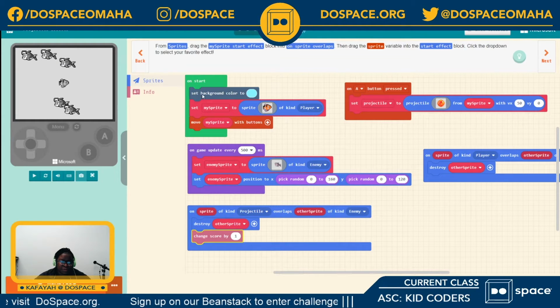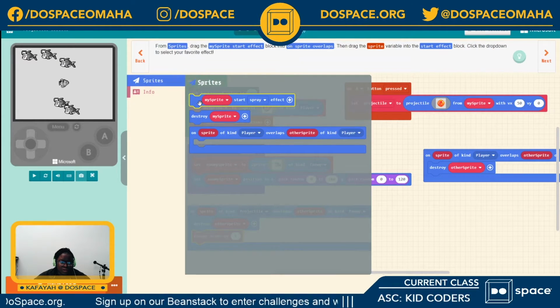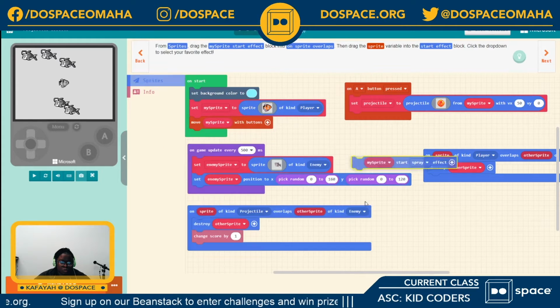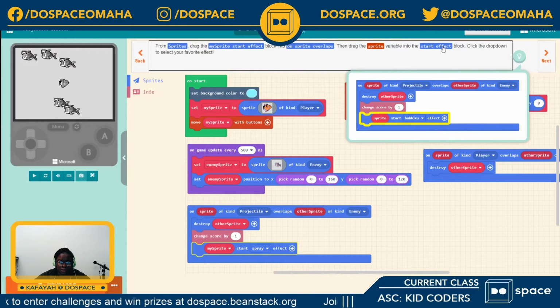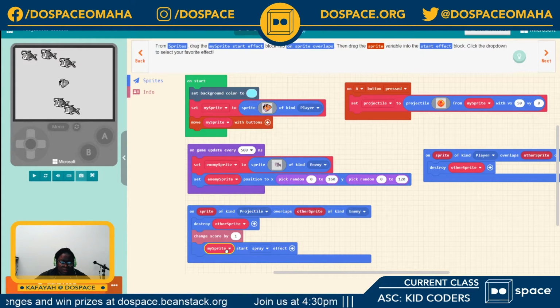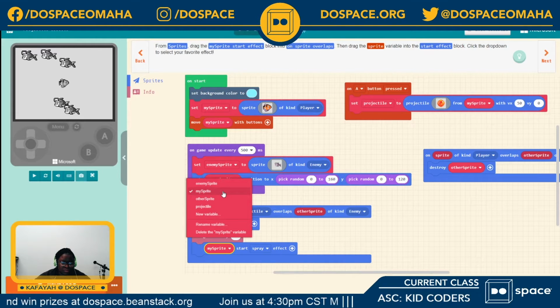Okay, I see what to do. Right here. Then drag the sprite variable into the start effect block. Okay, and sprite.